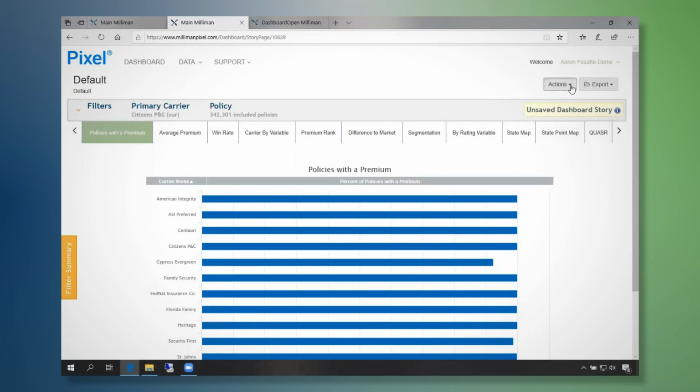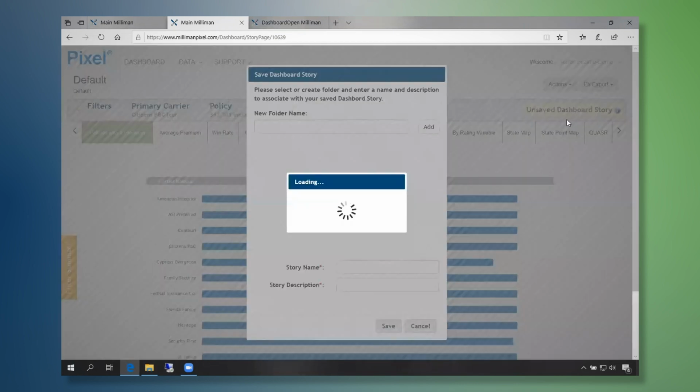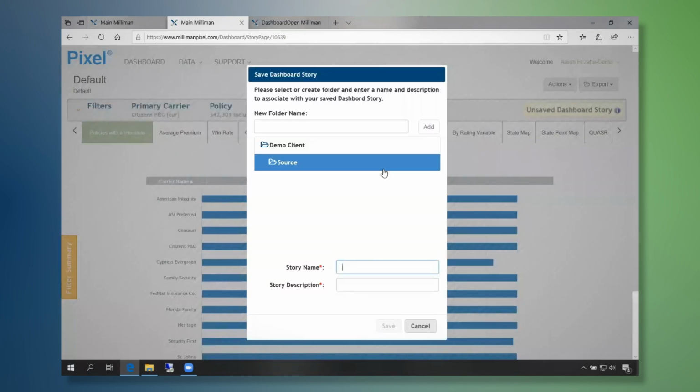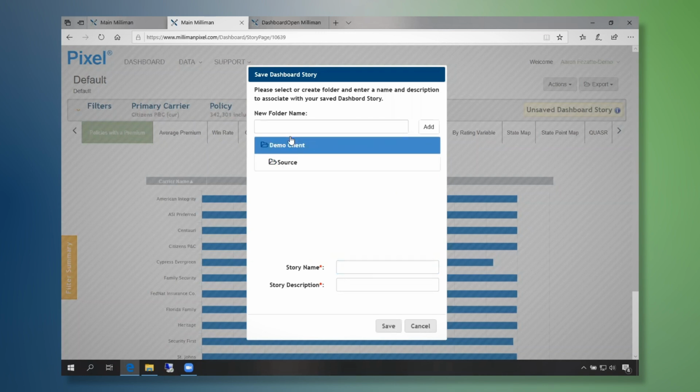At this point, I usually like to go ahead and save my story so I don't have to go through and redo all of the primary and secondary carriers selected, but also so I can save a link off and send it off to a colleague or save my place in my work.